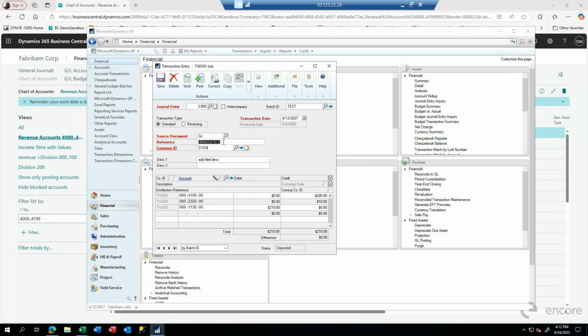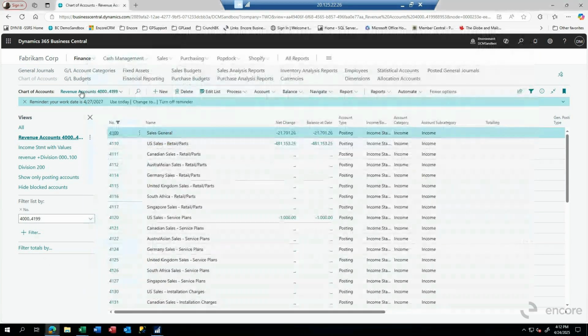We key in a reference inside here, and it could be petty cash sale or whatever it happens to be. If we need additional descriptions, we do have the ability to put an additional description inside here, as well as these two new fields that showed up in 18.6 or 18.5. Then we can put in some information against this, and that will be what we have inside this journal entry. We can post it if it's not in a batch, or we can save it if it is in a batch. I'm just going to quickly save this,